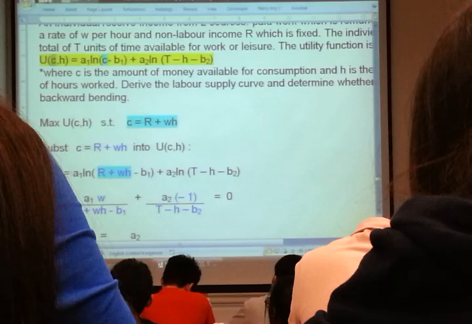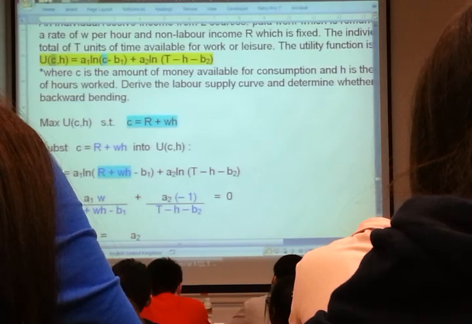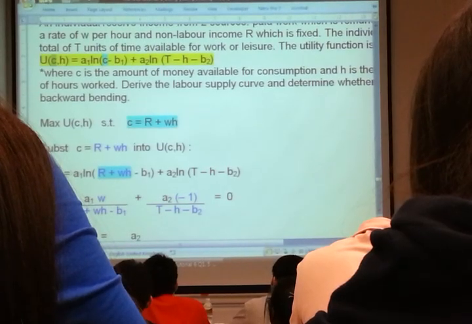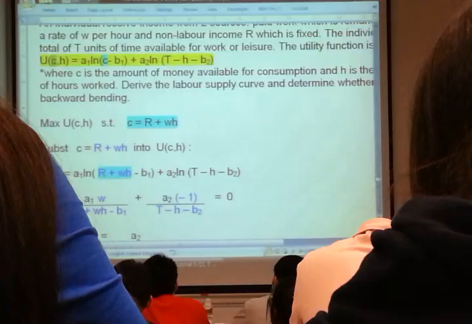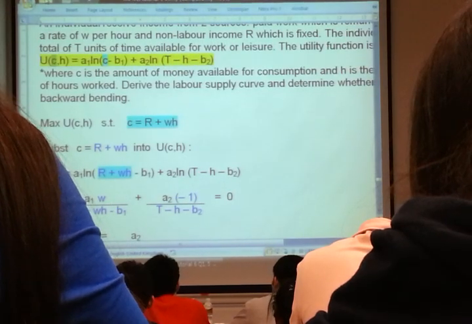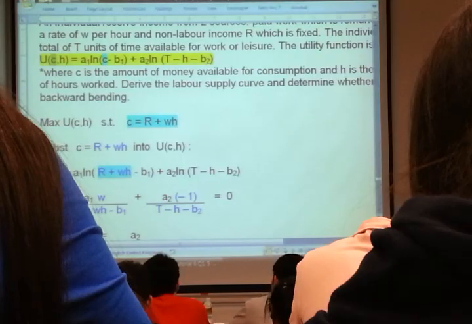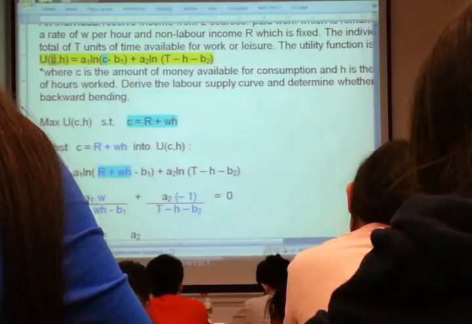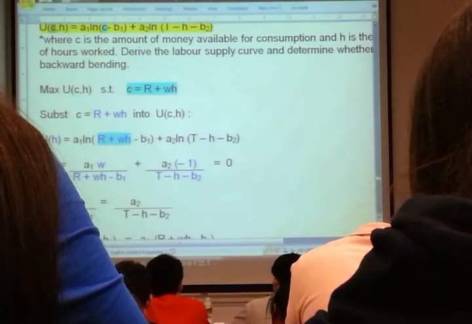We don't have leisure here. But okay, because leisure and labor supply are the reverse of each other, we find this first and work backward. So dU over dH, you get this. So if we differentiate U with respect to H,